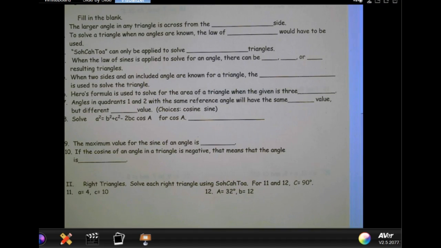So, we filled in the chart. So that's on there. There's some matching. So it'll list if you're given angle, side, which one would you use? Sine. Okay? So there's matching with those. It lists all the different ones, and you have to decide whether it's law of sine or law of cosine. So there's some matching, okay? And then